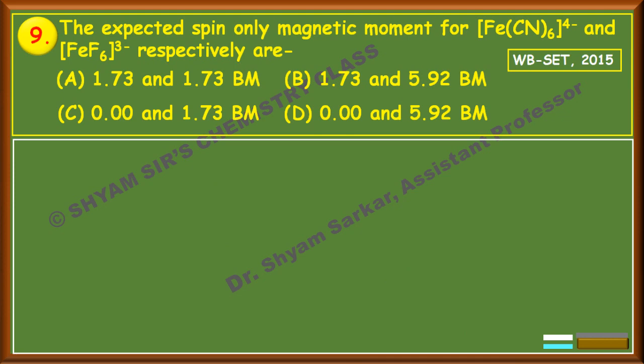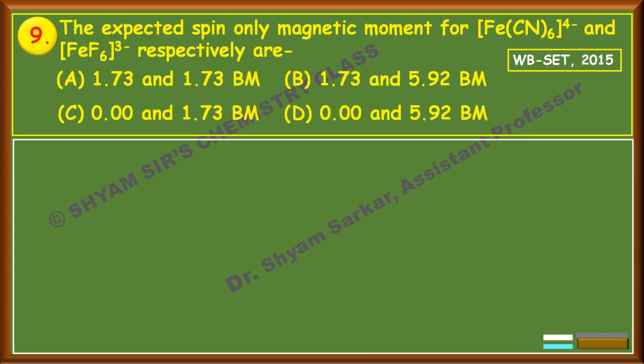Next question, the expected spin only magnetic moment for Fe(CN)6 4 minus and FeF6 3 minus respectively. This is also very simple. So you have to calculate the mu value. For the spin only magnetic moment, I have already shared the formula in the formula section. Mu is equal to root over n into n plus 2 BM, where n is the number of unpaired